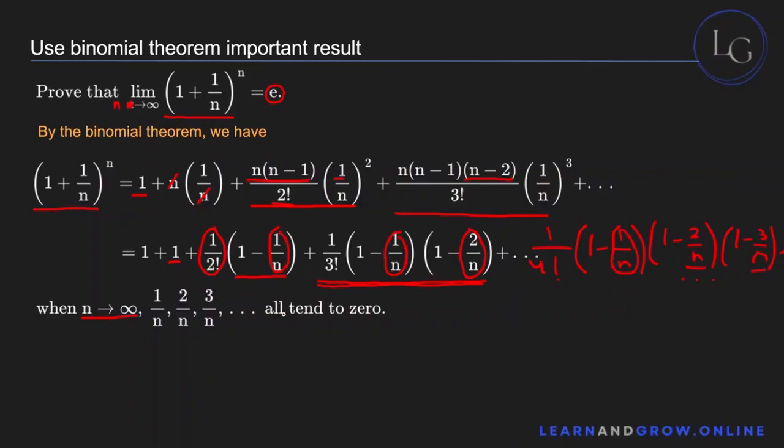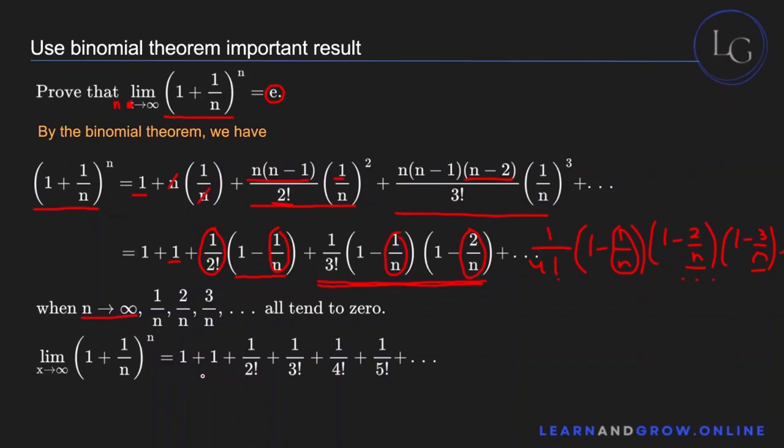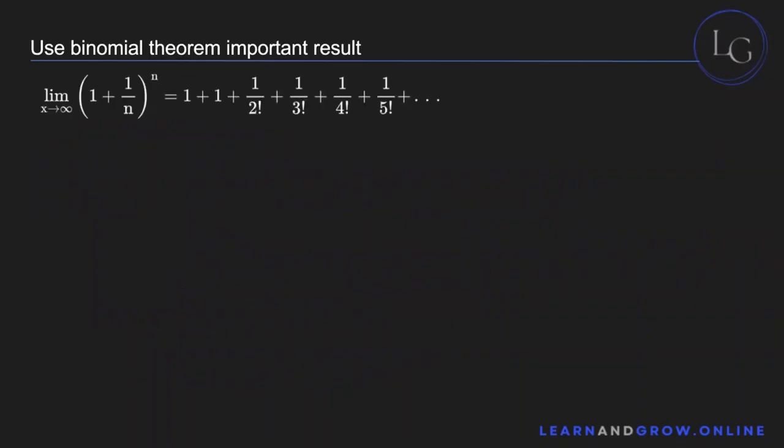They all tend to 0 because anything divided by infinity becomes 0, right? So all these terms become 0 and you're eventually left with this, right? And when you add up all these terms, as you can see, the number is becoming smaller and smaller because the denominators are getting larger and larger, right? So we will approximate this, and what this approximates to is